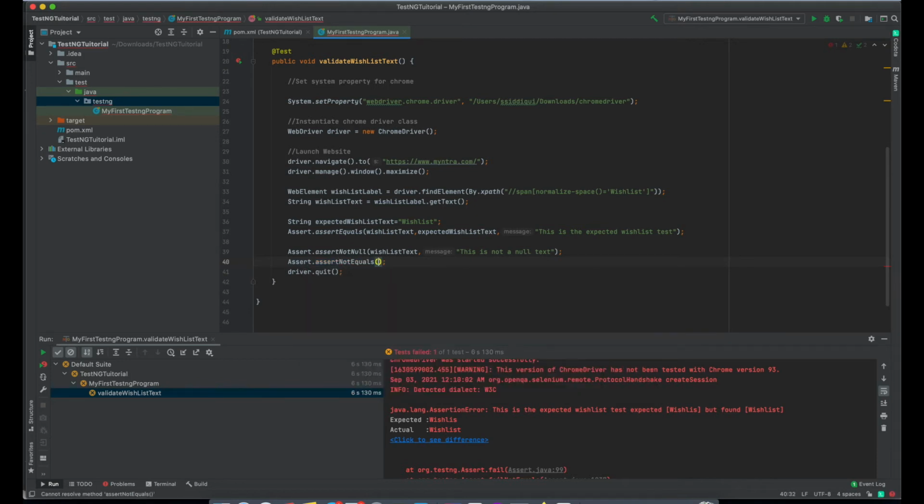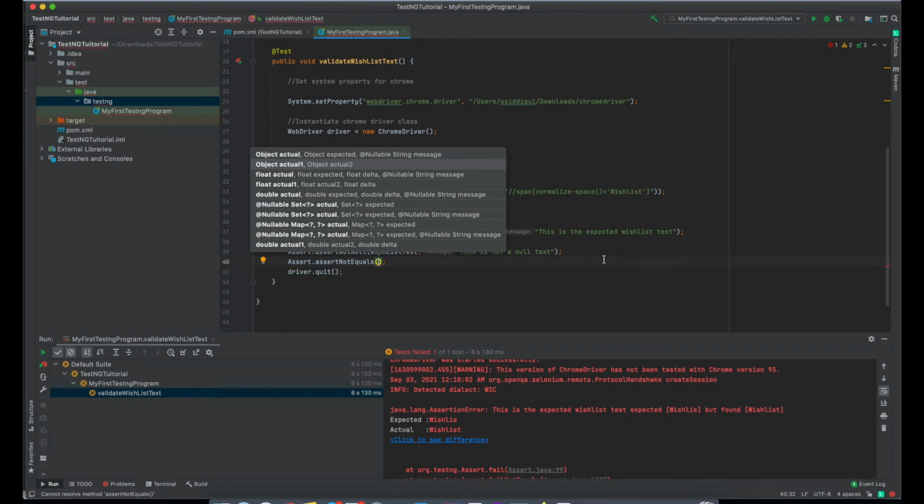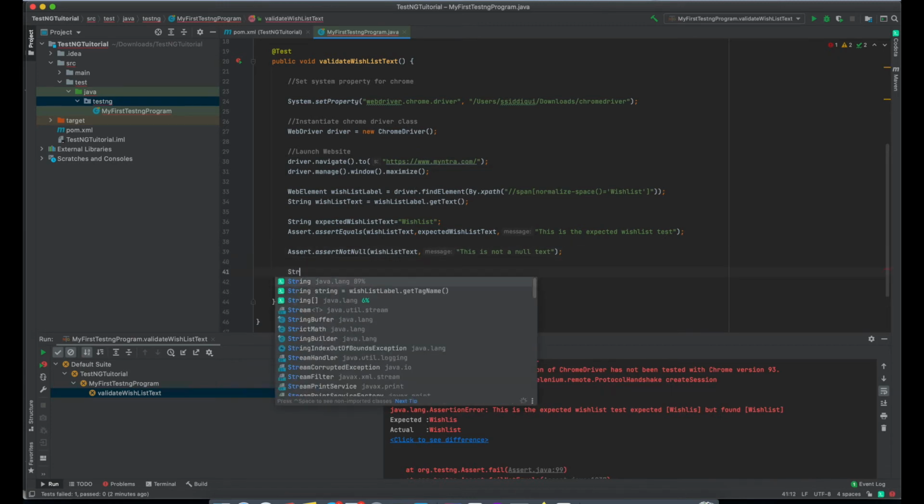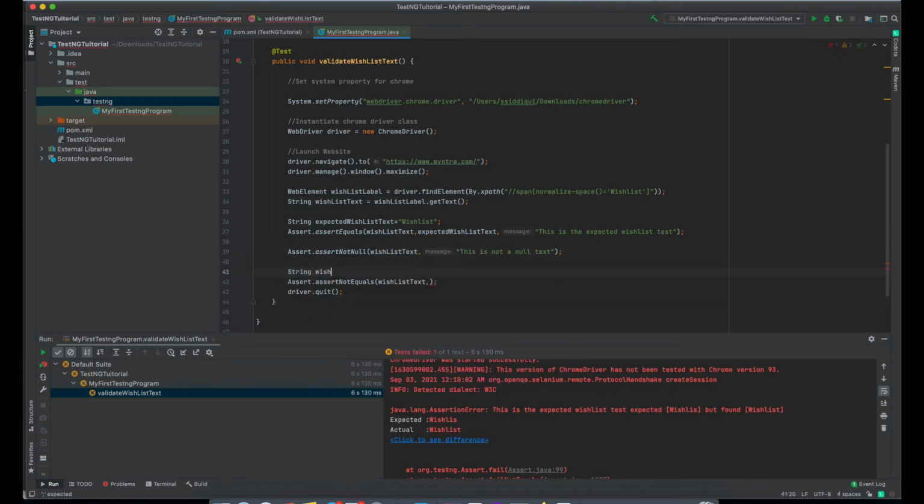Here what I'm going to say is that whatever text is there, say for example this text, we can create one more string, maybe a string wish list not equal, equals to wish. Is done.